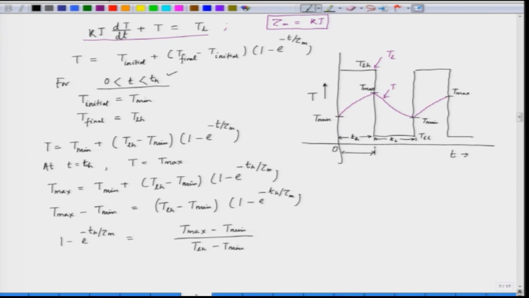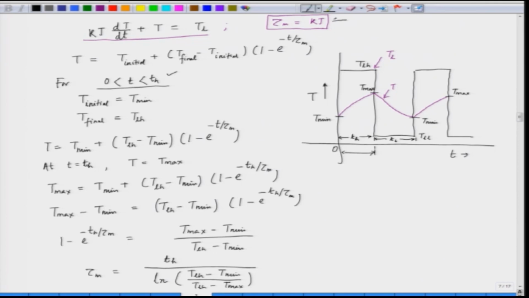Or finally, after solving this equation, we can find out the value of tau m. So, tau m will be TH divided by natural log of TLH minus T minimum divided by TLH minus T maximum. So, this is the value of the time constant, which is tau m, and we know that